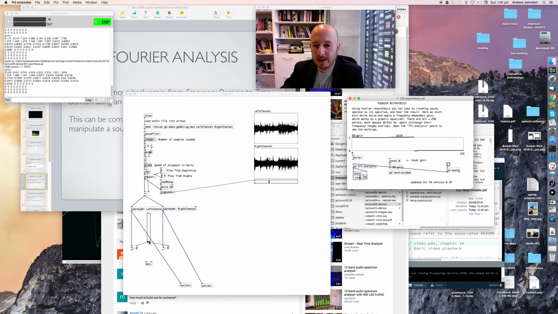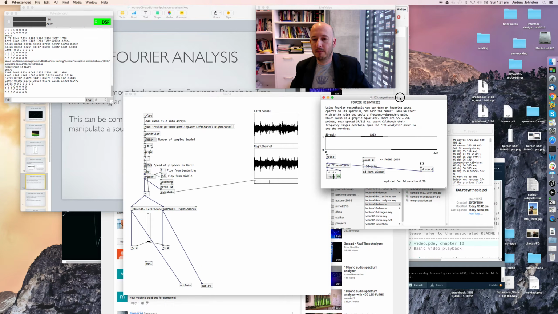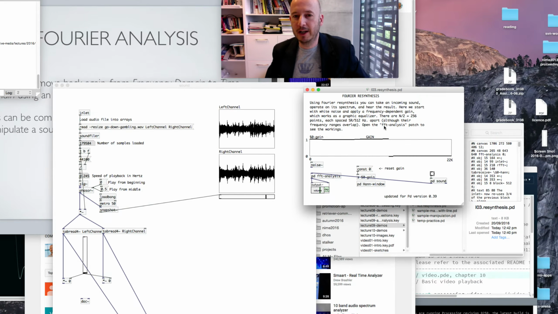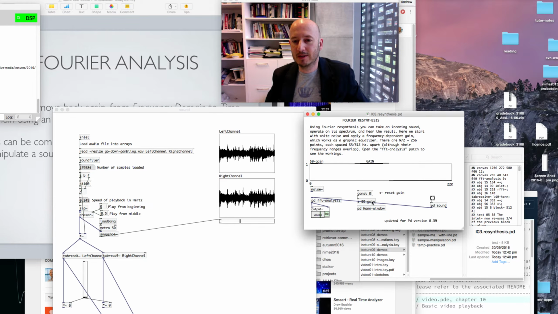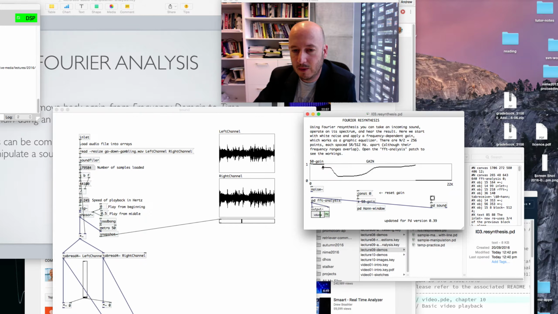We've got that playing, and we're feeding it through a Fourier analysis, so we're breaking it down into its frequency components, and then we're feeding those through this graph here,